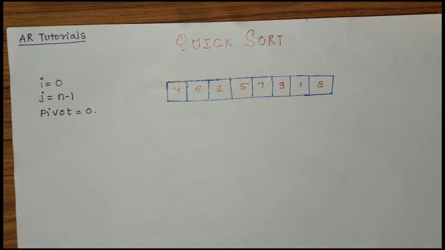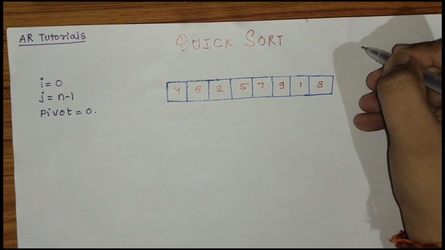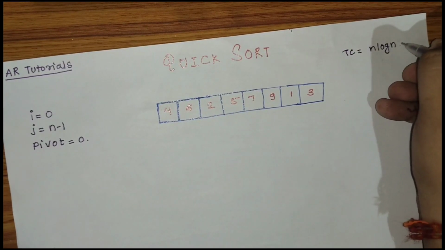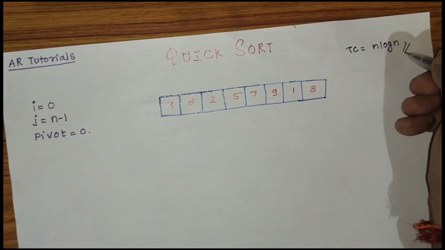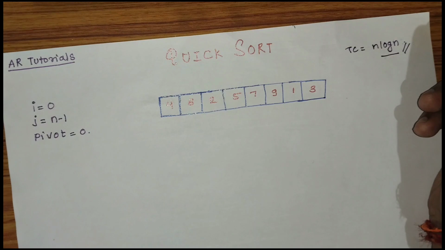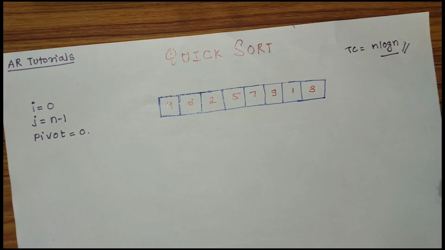So let's start with the first topic, how quicksort works. Quicksort is just a sorting technique with the time complexity of n log n. You might be wondering why n log n. Always remember that log n is considered a good complexity. Why? Because we are not exponentially increasing it, we are just decreasing the number of searches or iterations required.